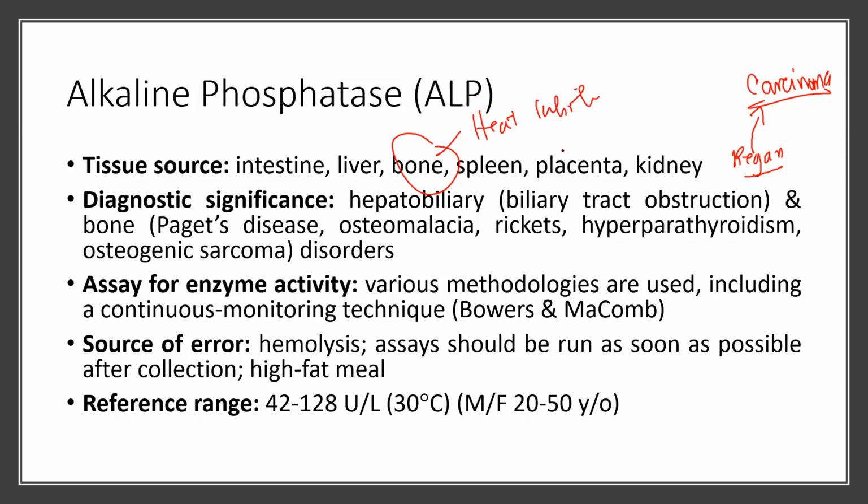And the isoenzyme of our alkaline phosphatase that came from our placenta is what we call the heat stable. They can survive. No? Ano yung mga conditions na increase ang ating ALP? Biliary obstruction or hepatobiliary obstruction. Bone diseases, kasi nga, bone. No? Which includes Paget's disease, osteomalacia, rickets,